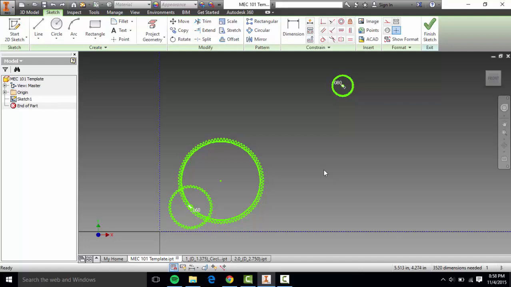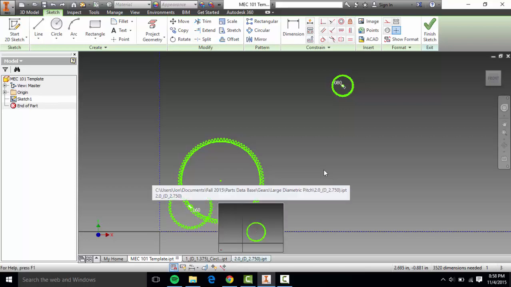The ratio of the radii is not even 2 anymore. It's 4. But you can't even use this for a 4-to-1 gear ratio because they won't mesh, because they don't have the same diametric pitch. So if you want a gear ratio of 2, you're going to have to go back to the parts database file that you downloaded,